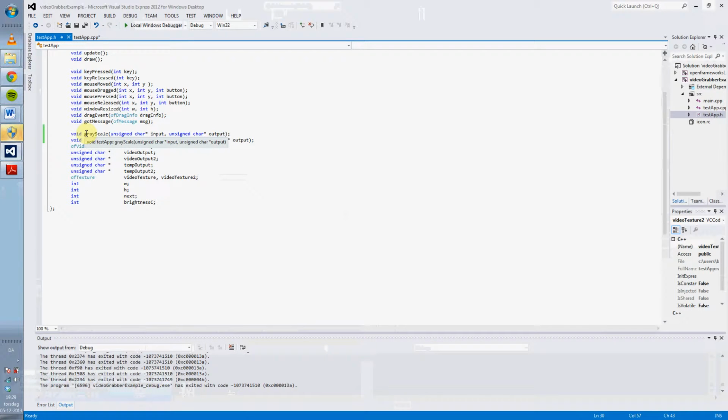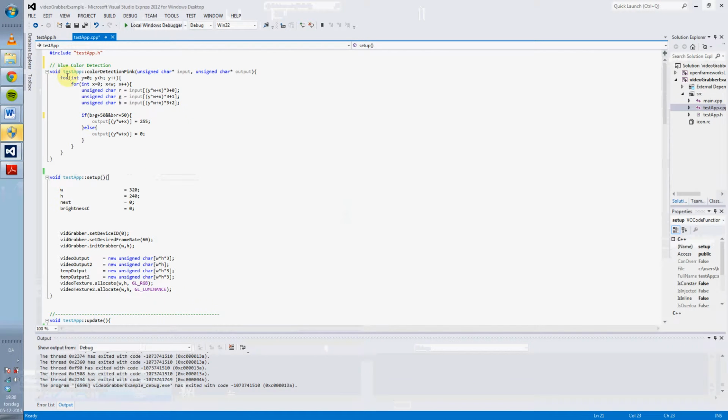Then I have down here my function called for color detection, which it's called now, but it detects blue. And then I have my bit grabber, which is the initial bit grabber, which will grab the video. Then I have my texture with video texture and video texture 2, which will be the original image and the image detecting blue. Now to my main function, I have a double for loop here,